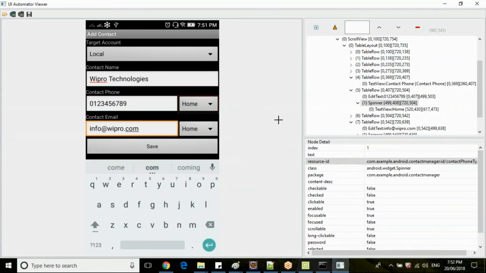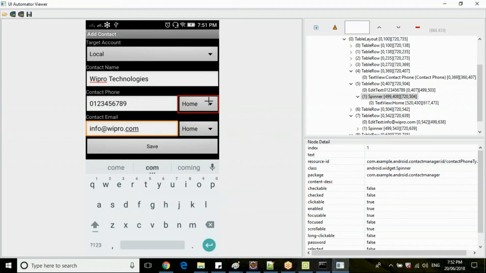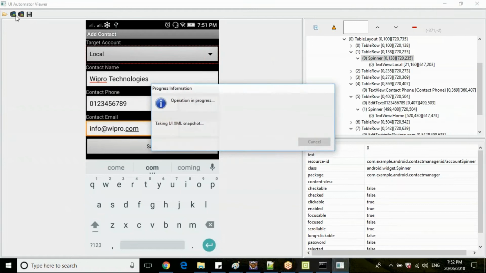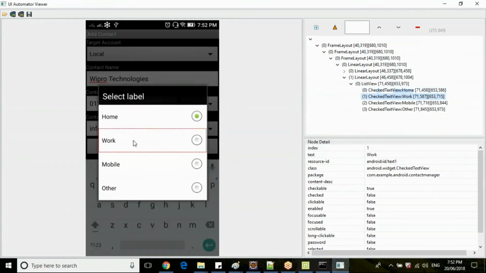So only when your widget class is select here, then you will be able to work with select class. Otherwise, it is like normal, guys. Click operation, identify this element, click it here, then you will get this one. Again, take a screenshot of this one. You'll get a screenshot here.